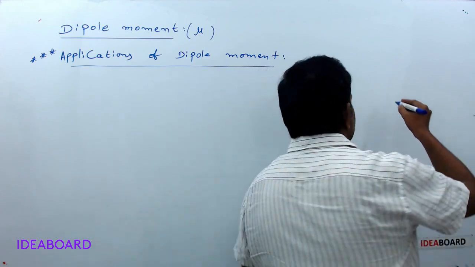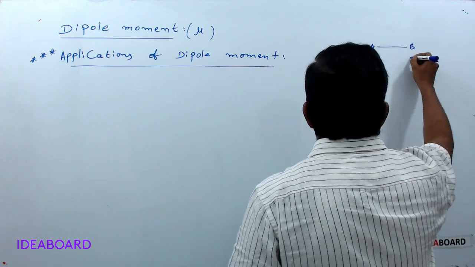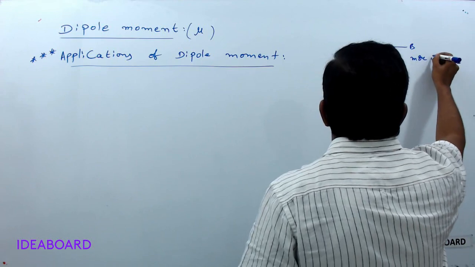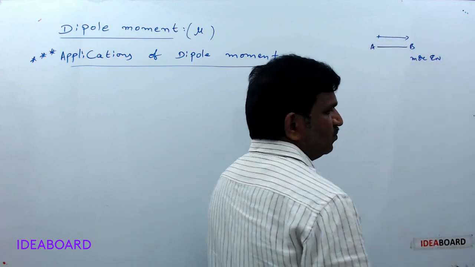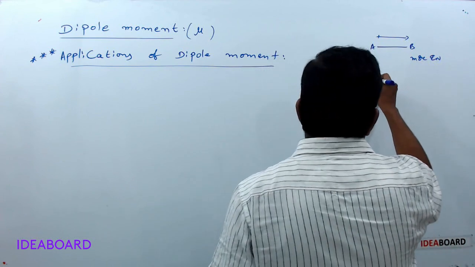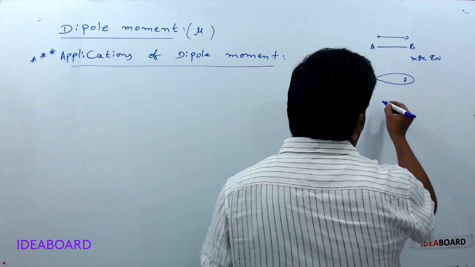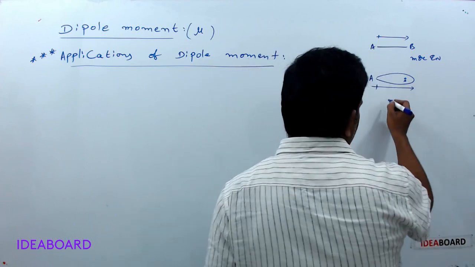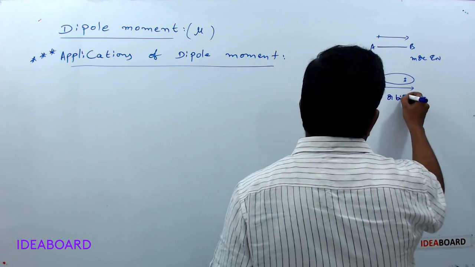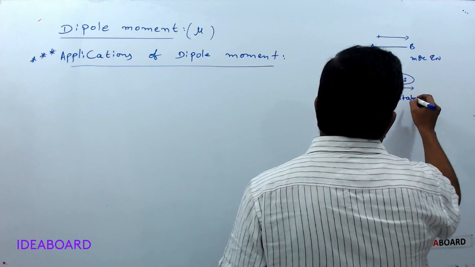Suppose the central atom is taken and a bonded atom is written, if it is more electronegative, then how can we indicate it? This is done by pointing an arrow towards the more electronegative atom. And if the central atom has a pair of electrons, then also we can indicate the dipole moment. This is called orbital dipole. Please remember this. It is called orbital dipole.